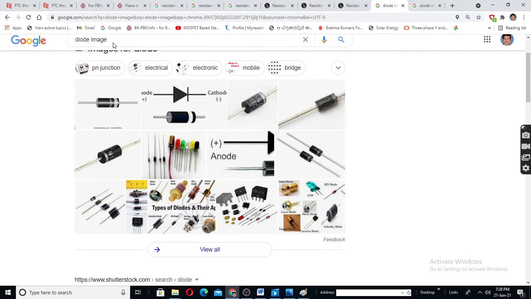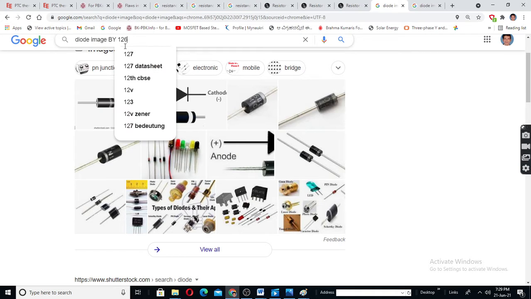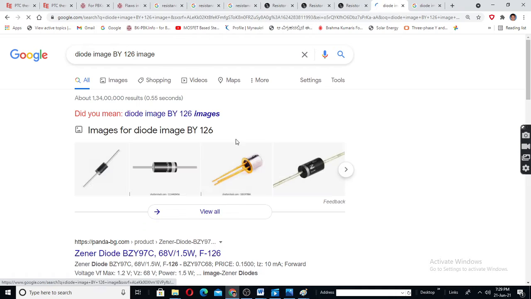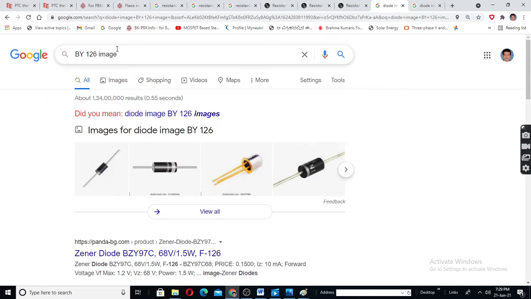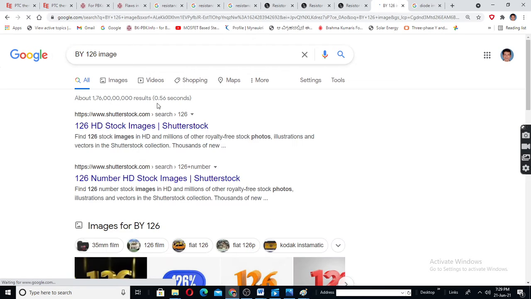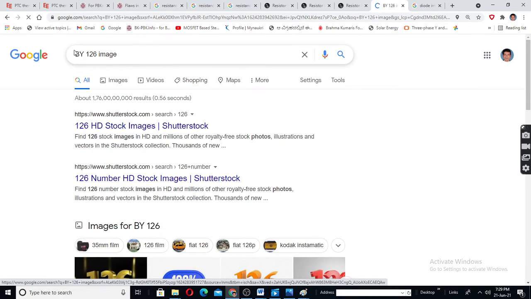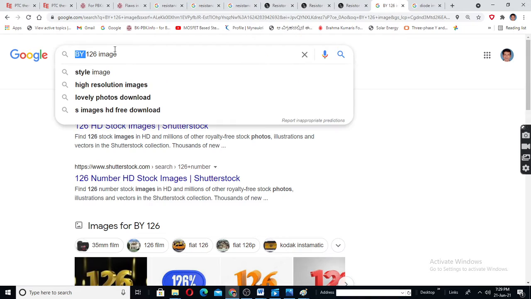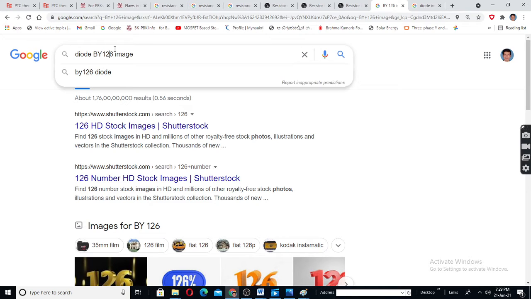We'll have the diode image BY127, BY126 image. See, it will be like BY126 image. Diode BY126, let us write. BY126 or 127, both are the same image.